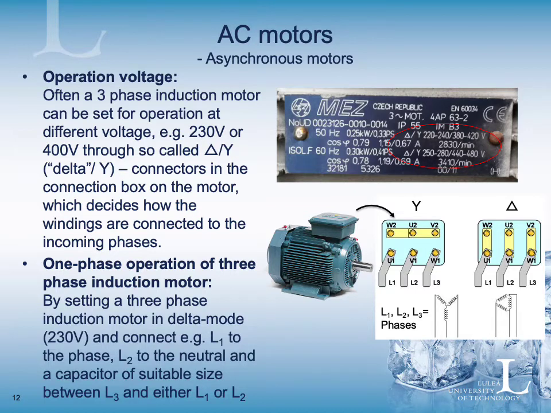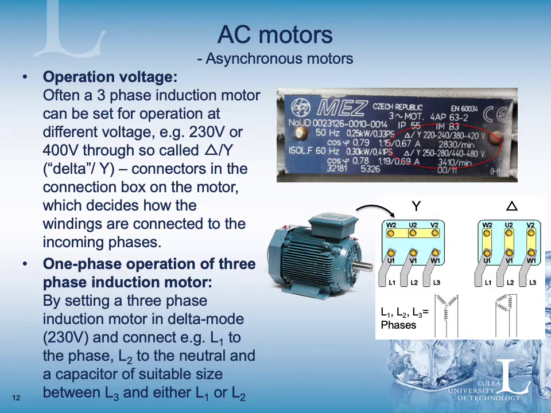For instance, 230 volt, which is our normal voltage for one-phase system, or 400 volt through so-called delta Y connectors within the connection box on the motor, as you can see on this figure. By moving some connectors, these yellow ones on the figure, you then change if it will work as a delta or a Y